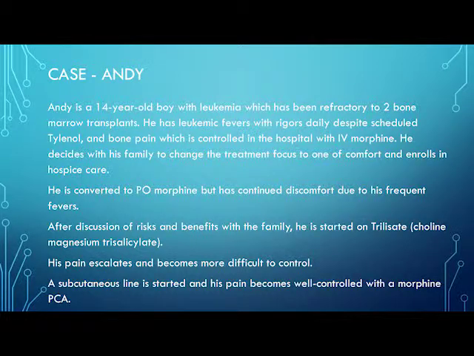You just put in a butterfly needle, you have concentrated morphine or whatever else you need so that the volume isn't too great, doesn't cause localized damage. And you can do a PCA at home with a subcutaneous line without having to worry about maintaining IV access. It falls out, you poke it in somewhere else, second procedure, not a big deal. And so he has his pain better controlled at home.